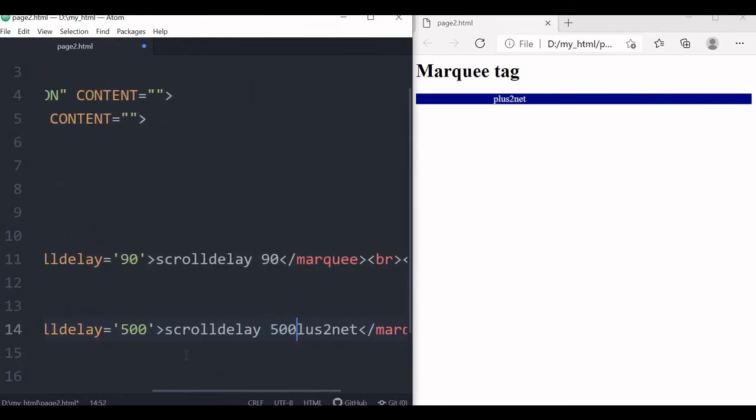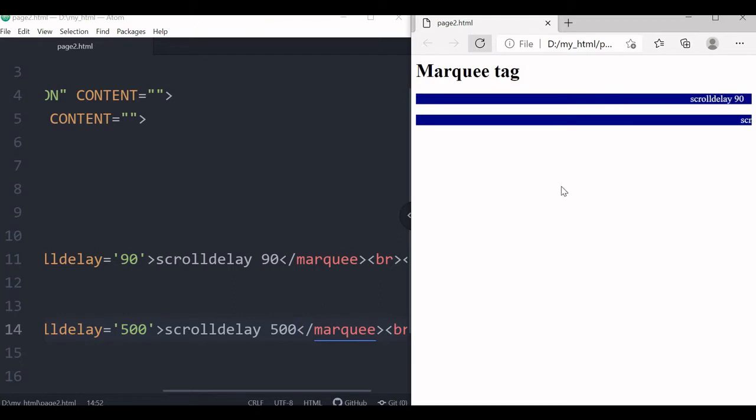So we can see what difference it makes. There are two marquee tags I used. Let's see that. You can see the scroll delay 90 is moving fast and scroll delay 500 is moving slow.